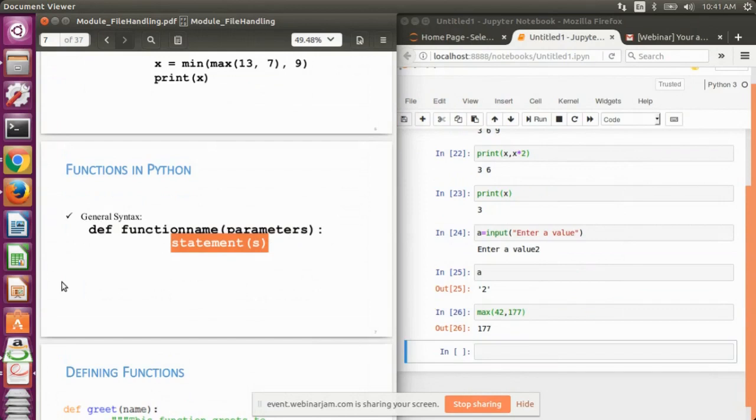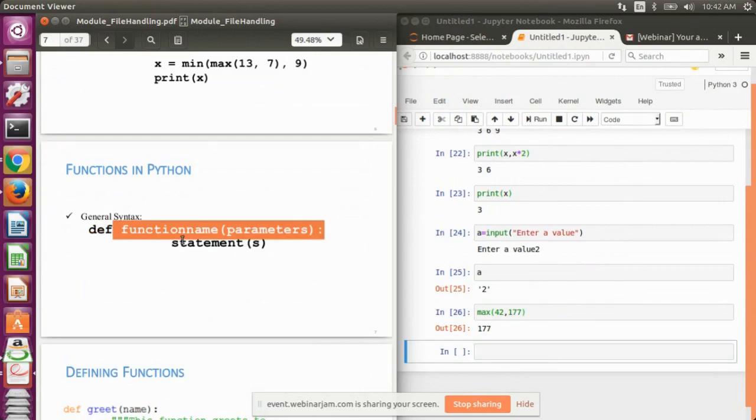The statements that are indented within the function definition will be considered a part of the body of the function. Like in C or C++, we use curly braces to define the body. Here we do not use curly braces. We define the body by using indentation.